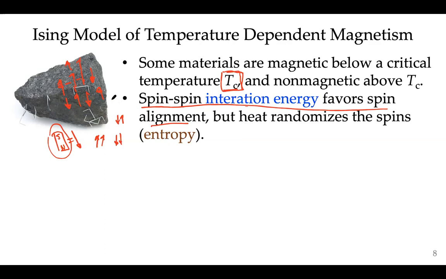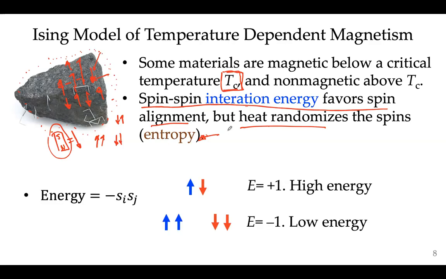So the heat. Of course, if you have a rock like this, magnetic or not, there is air around, so there is ambient temperature, there's heat, unless you're at 0 degrees Kelvin, which is negative 273 Celsius, which is not possible. So there's always some heat, some particles that hit these spins and try to randomize them. So the heat actually randomizes the spin directions, and that's what we call entropy in physics. And we're going to tie this entropy to the loss functions used in machine learning and also information entropy.